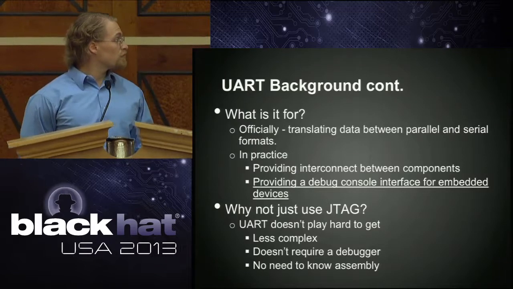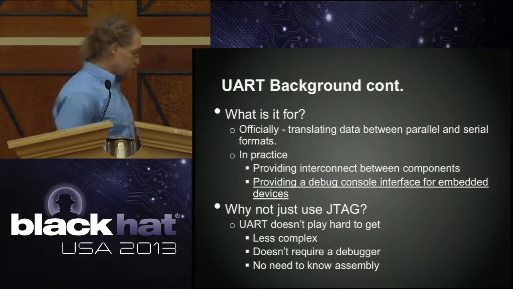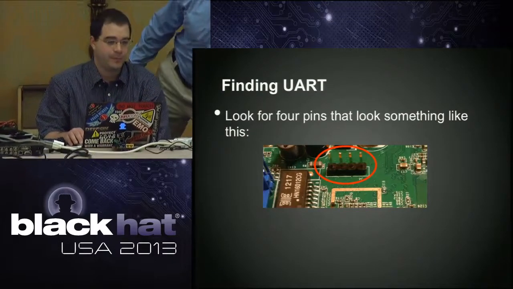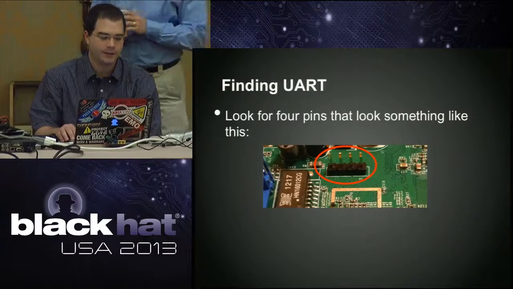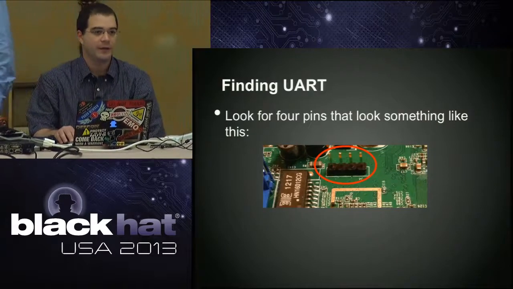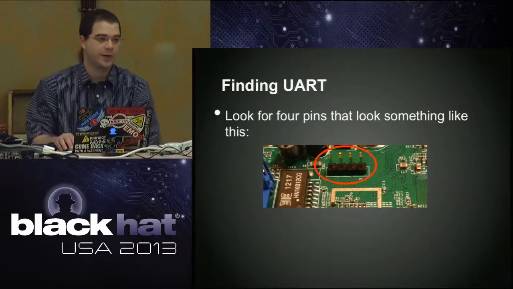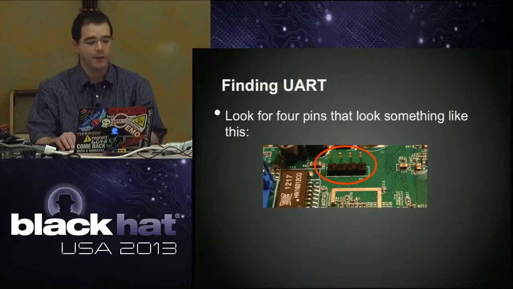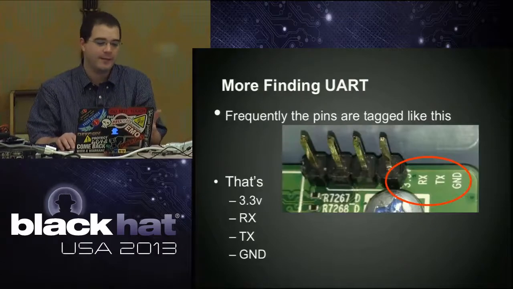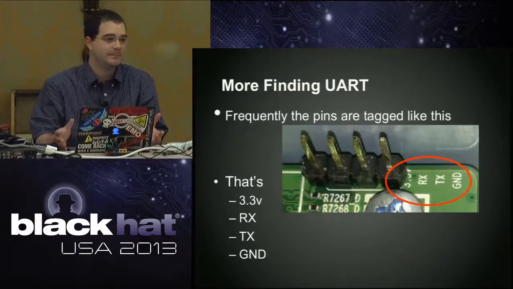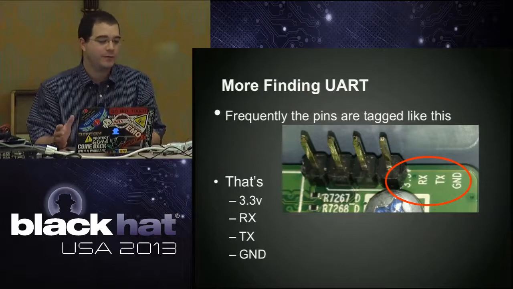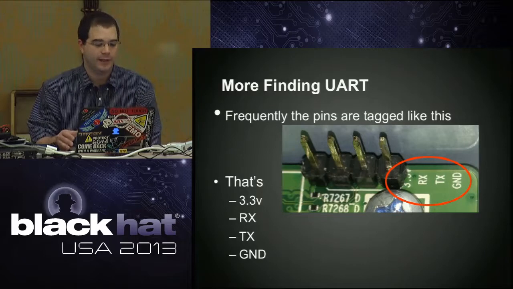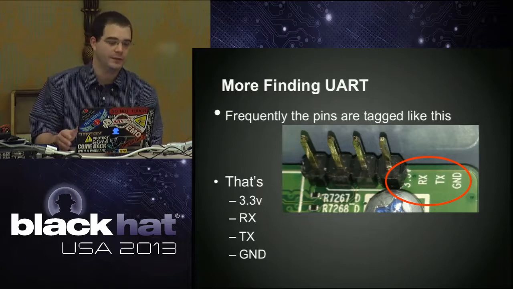So we talked about UART, so how do we recognize it physically with our own eyes? This is what it looks like. Four pins, usually. Most cases are four pins sticking out of the PCB. Sometimes they're not. There's no header soldered. It's just four pins in holes in a row. Sometimes it's tagged, which makes it easy. All you need for UART are four pins: one for voltage, one for ground for reference, one for receive and one for transmit. It's a full duplex system.